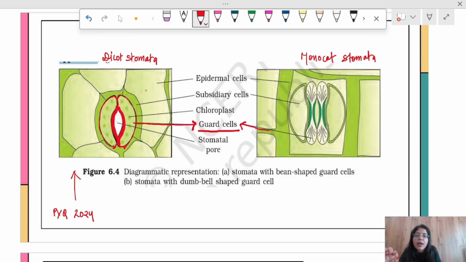Here you can see guard cell is labeled as this one. And you can see here thickening is in the middle part. This part of the cell wall is more thick as compared to the outer walls. Okay,